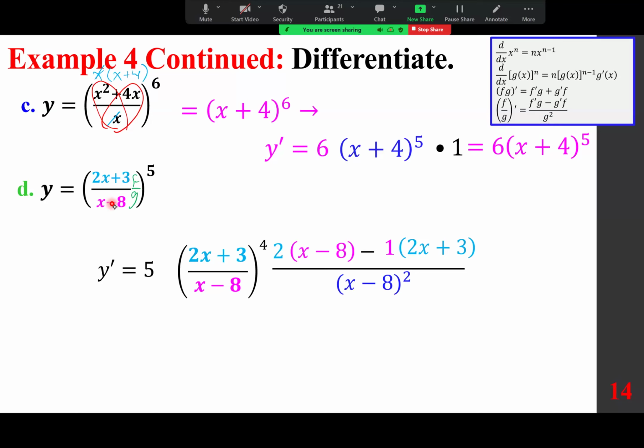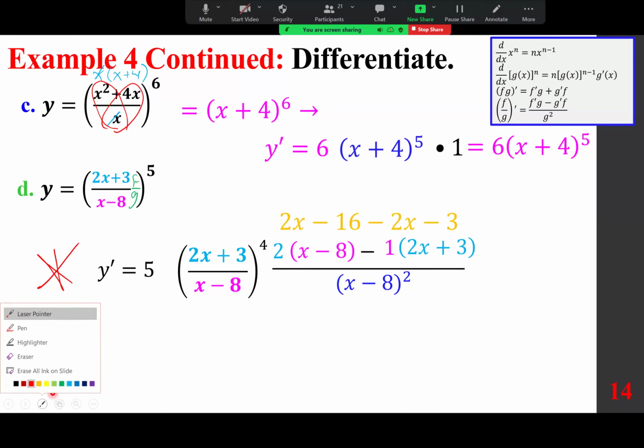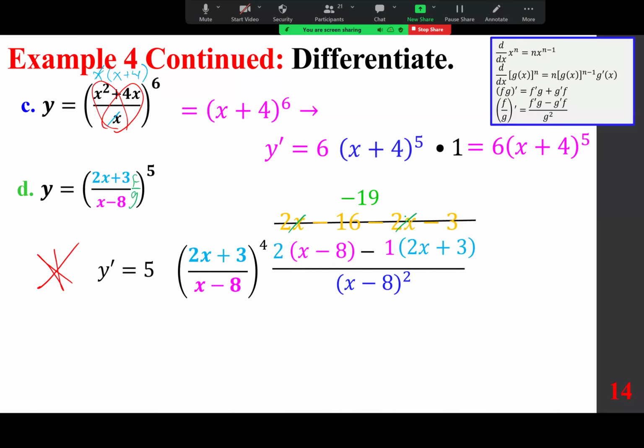And we're done with calculus. Again, let me put an asterisk next to it. This is done, everybody, with calculus. Now we are going to use our algebraic technique to finish it, which means first we're going to distribute 2x minus 16 minus 2x plus 3, and these two cancel each other, the other two add up to negative 19. So right here, you can write the final answer, but just in case I don't want anybody to make a mistake,